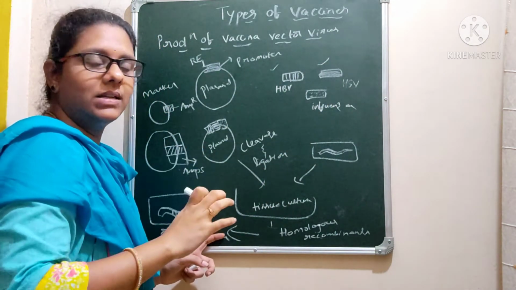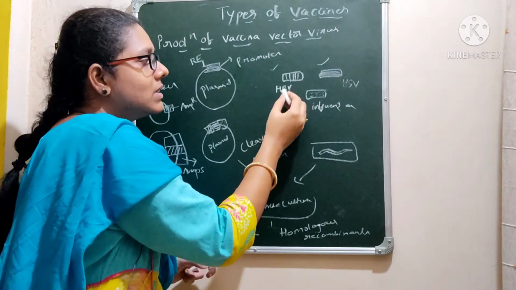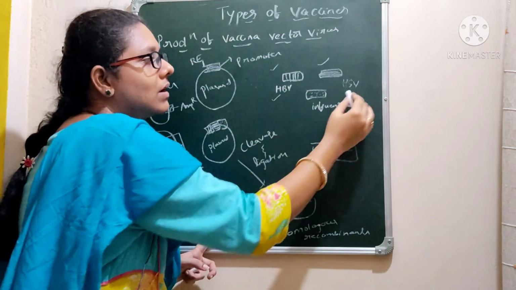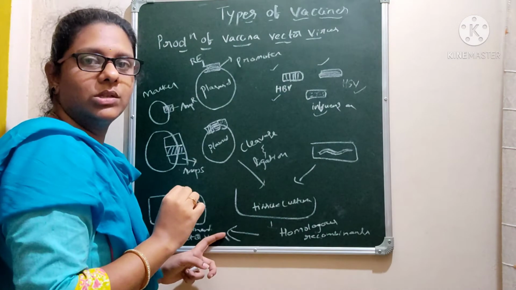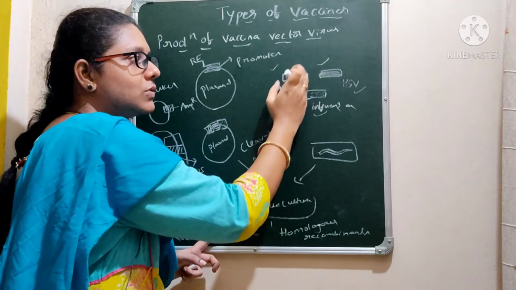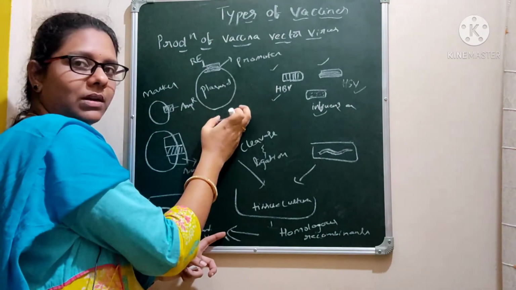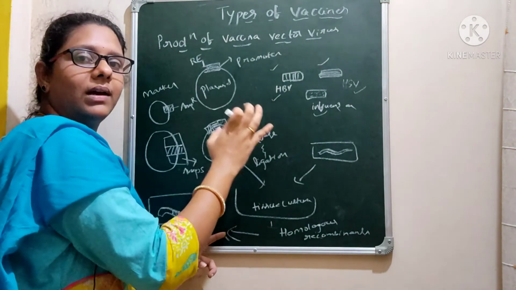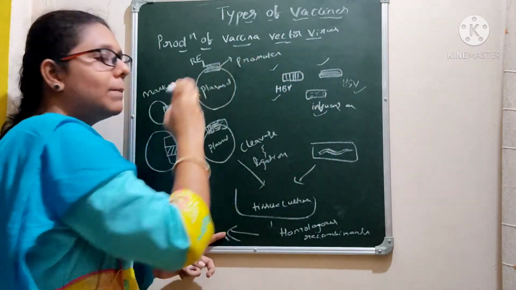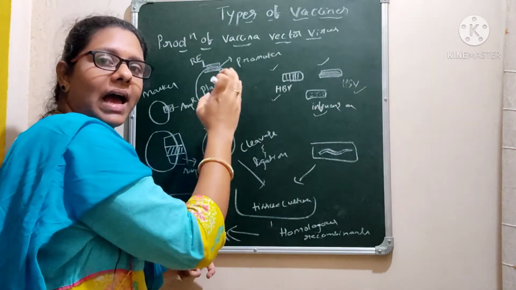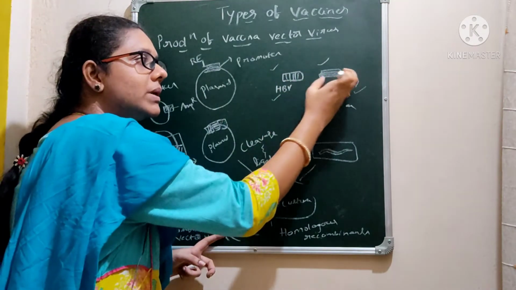code for the antigen. So here we have chosen the genes from three different viruses, that is one from the hepatitis B virus, one from the herpes simplex virus, and the other from the influenza virus. So these are the genes that code for the antigens, right? And you have also chosen the plasmid. Now what are you going to do? You have to make a recombinant DNA molecule by inserting these foreign genes into a plasmid. Here the plasmid will act as a cloning vehicle where we are going to make multiple copies of these genes.